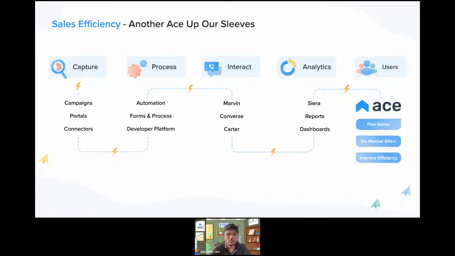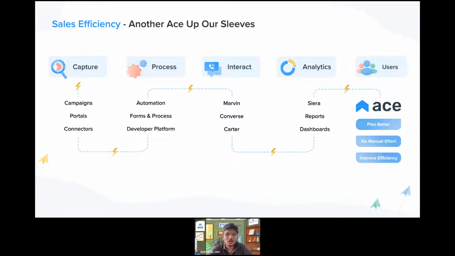All of these things that we talked about are external, system and process driven. But if the end user who's actually doing these sales can improve their efficiency, then we should leave no stone unturned there. That's where ACE comes into the picture. ACE helps you improve your sales efficiency at the last mile. As Rupesh gave a very interesting example, if you don't have that dart, and you don't know how to aim and where to aim, then you probably would not be able to even reach your targets. That's where ACE comes into the picture.